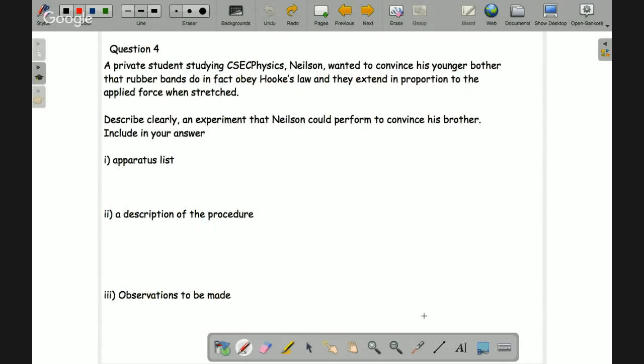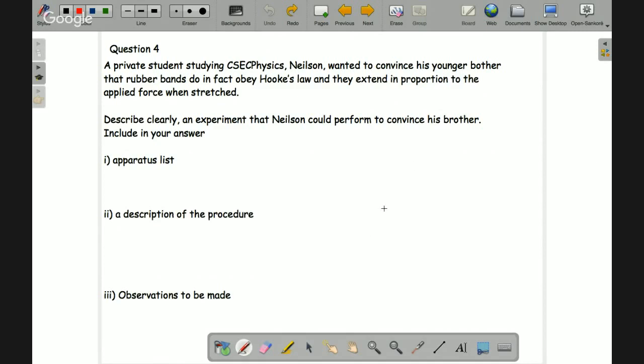Okay, so the last question is, I think we still have maybe about 5 minutes. Okay, great. You guys are following. Okay, last question. This question is on Hooke's law,